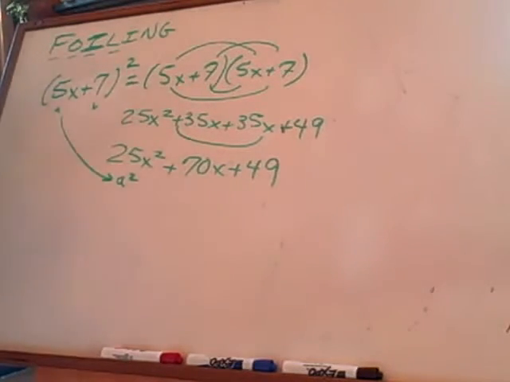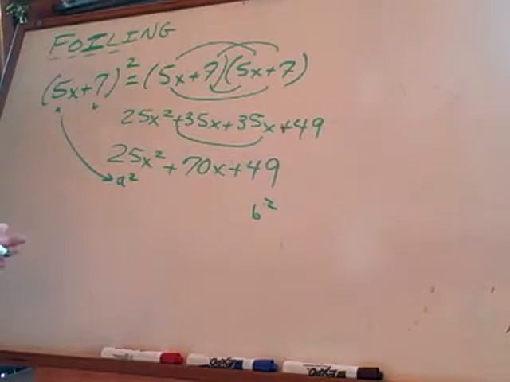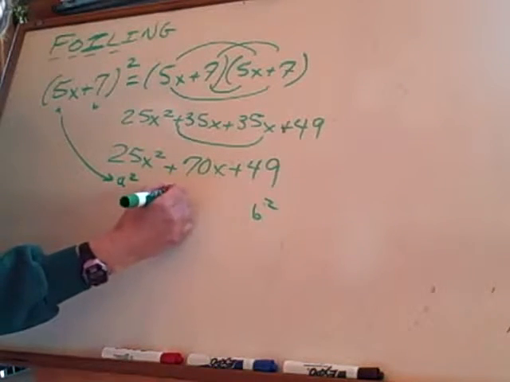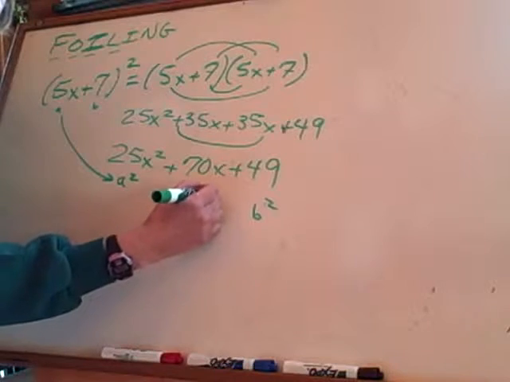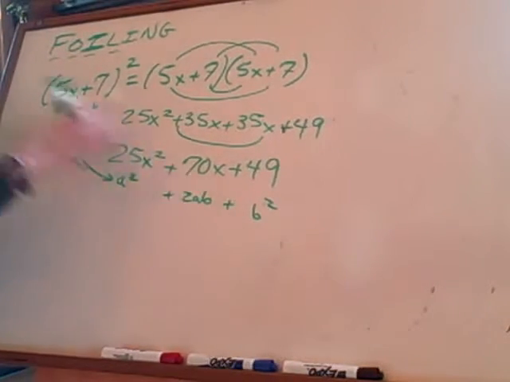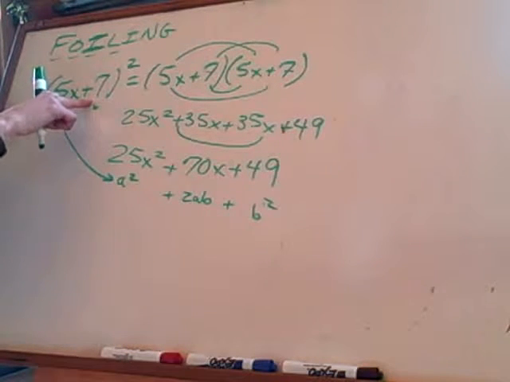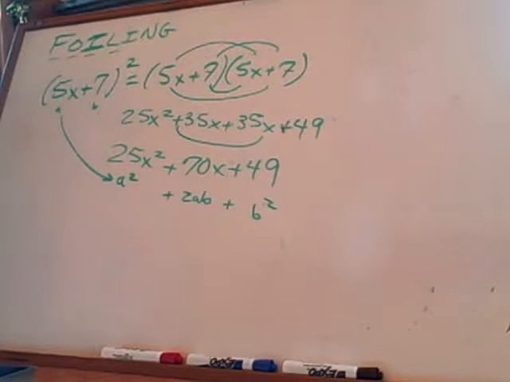Right? Remember when we did it a little while ago with a plus b times a plus b. What did we get here in the middle? We got 2ab, right? So you have to take a times b. Well, what would 5x times 7 be? 35x, and double it. 70. That always happens whenever you square